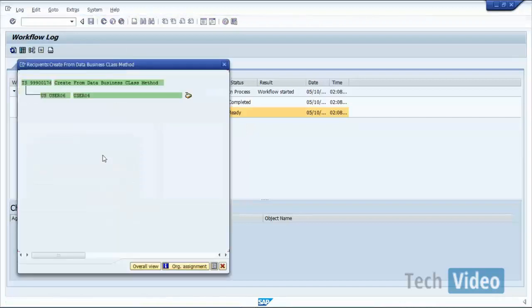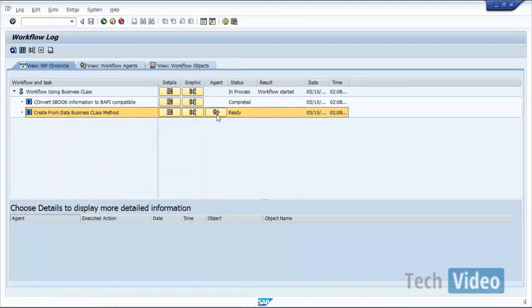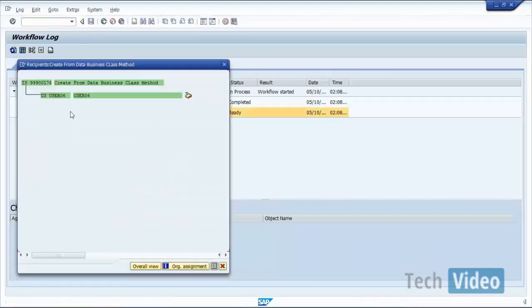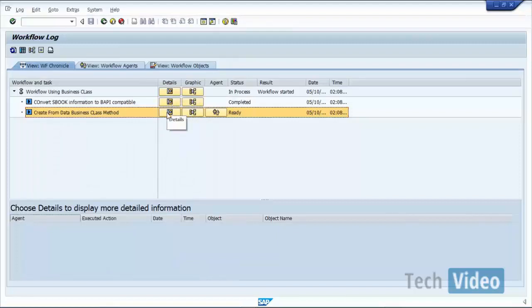In this case, the agent is nothing but user 6, which is the inbox I just showed you, the user 6 inbox. So it will be placed in the user 6 inbox. You can have not just one user, you can have multiple users. And in case it is sent to multiple users, the same task or dialog step, the same work item, is available in all the users' inboxes, right? In that way, work items can be sent to your